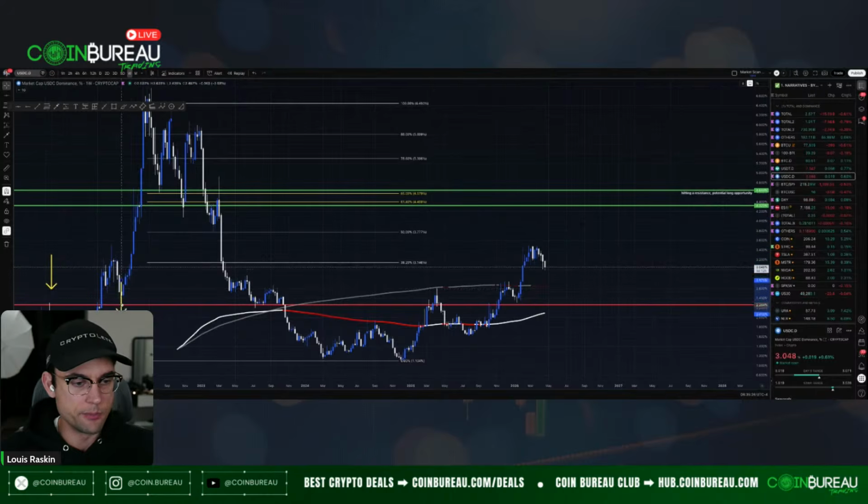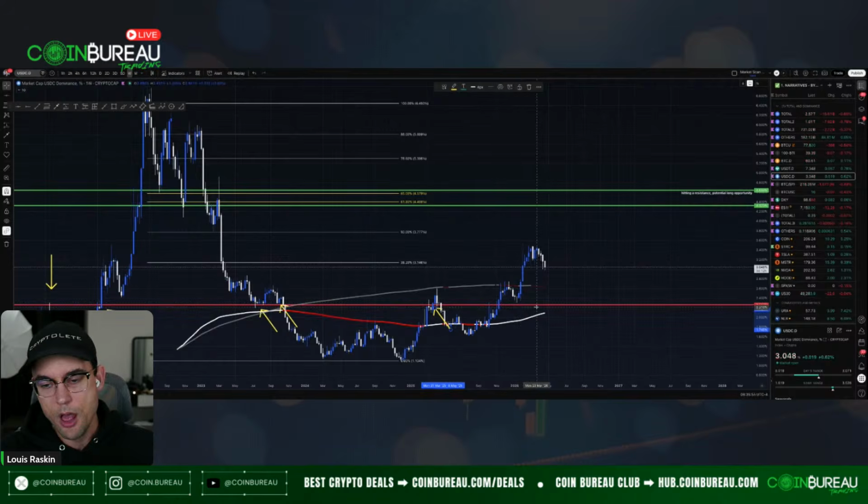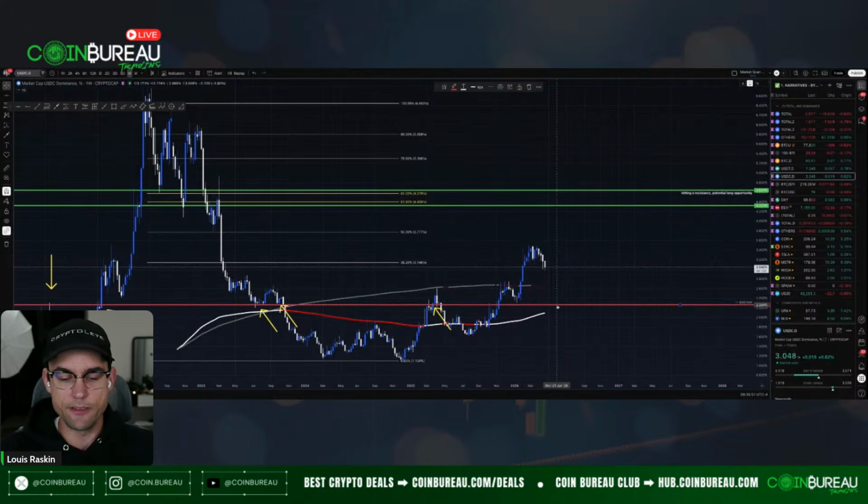We have the supports. It didn't really hit it, but I guess you could just say we have the small resistance right there. But then of course we got the support right there, and then we got the little fake out, but this is pretty much the resistance, right? So we got the support resistance flip right here, and it spiked into it, and then it came back and it flipped this area. So if it comes back down here, this is a very big support.